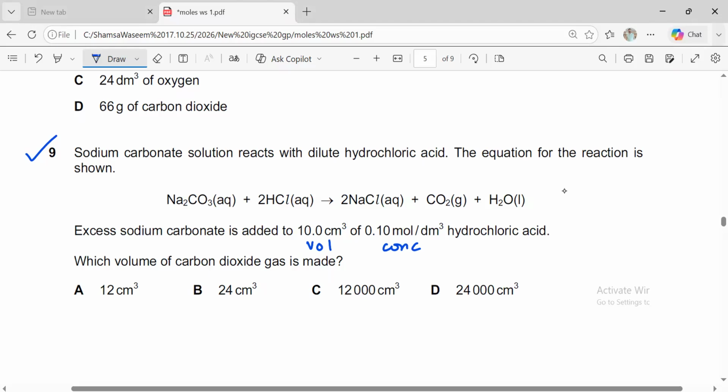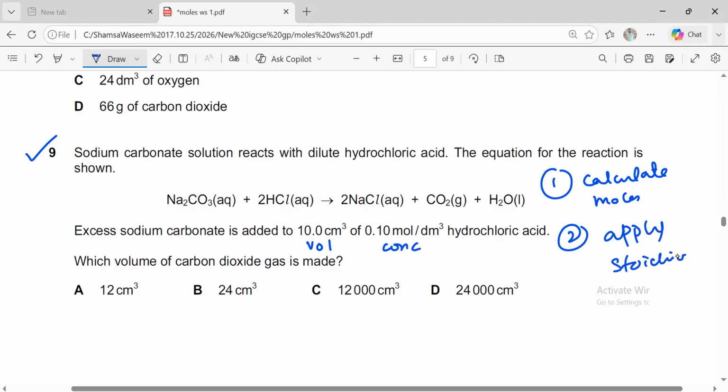Now, let me know, girls. Will you try this question by yourself, Ania, Tuba, and Ambreen? Will you try, children? Okay? Just follow the steps, right? Calculate moles, that's easy. Moles. Apply stoichiometry. And then whatever is required. Take your time. Do let me know if you have any problem. Moles of required quantity.